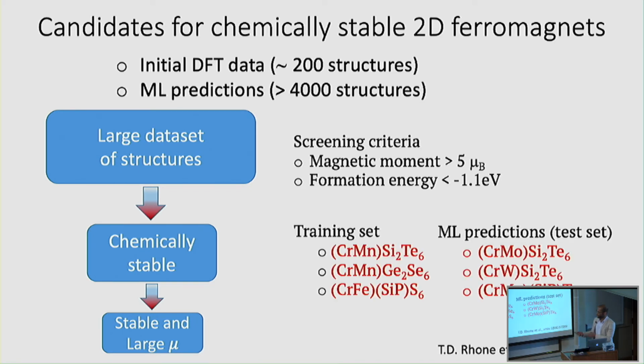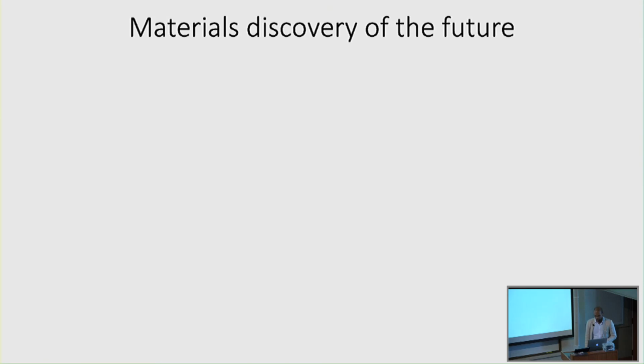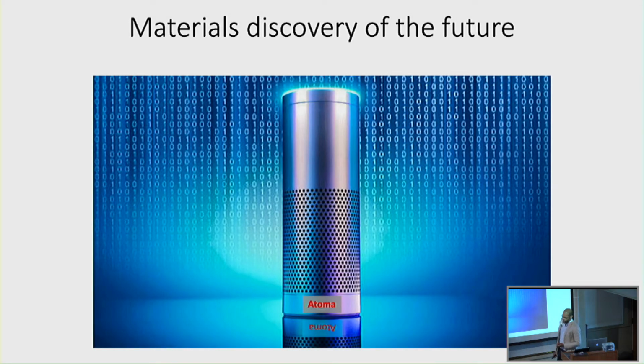And if we do that, we end up with some candidates for new 2D magnetic materials, which we can then verify by DFT and eventually synthesize to really show that they can exist and they have the properties that we want them to have. So perhaps materials discovery of the future is a scheme where you ask not